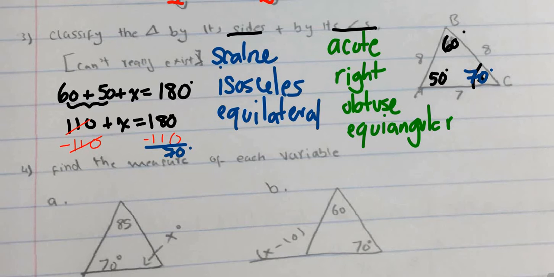So we take a look. We're going to classify first by the angles. All 3 angles are less than 90. So we know